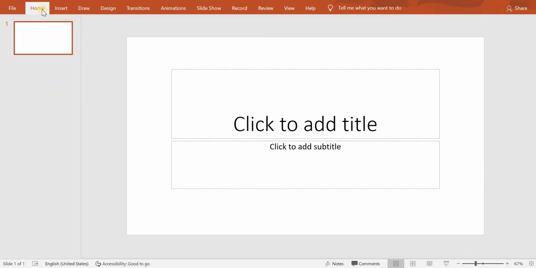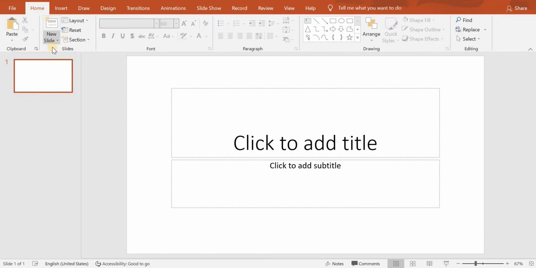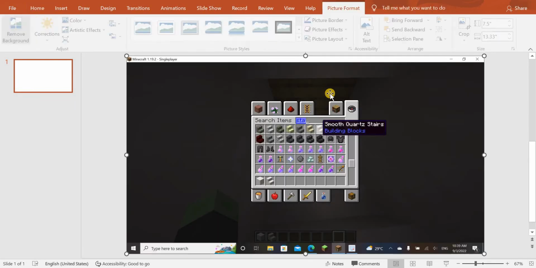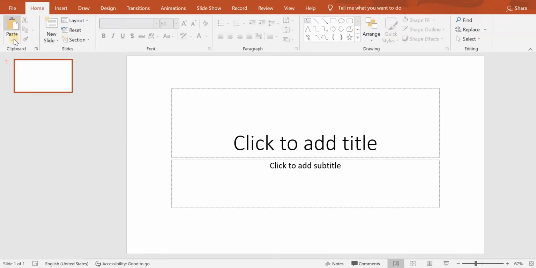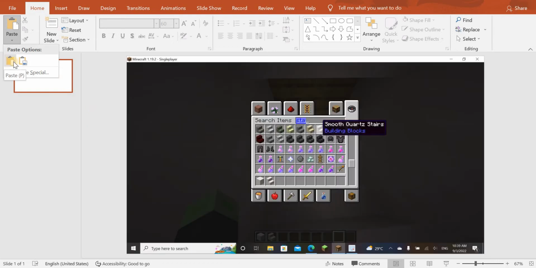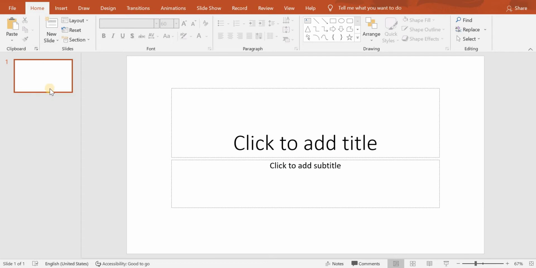You go to Home first, and then you notice all of these. If you want to paste something, you just paste like that. But if you want to paste some words, oh yeah, I pasted a picture. I don't really know how I did it, but anyways,